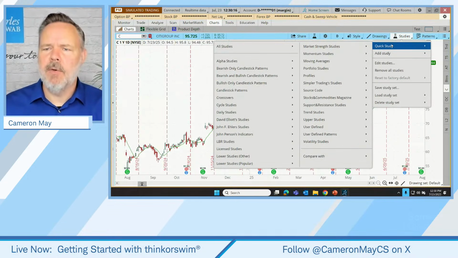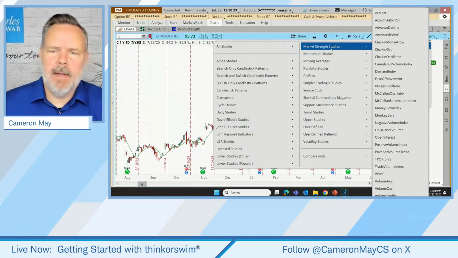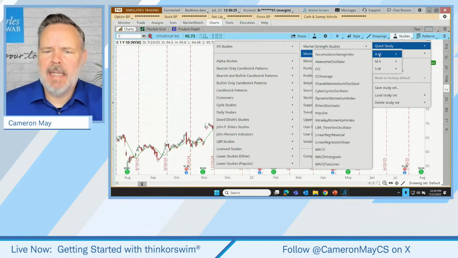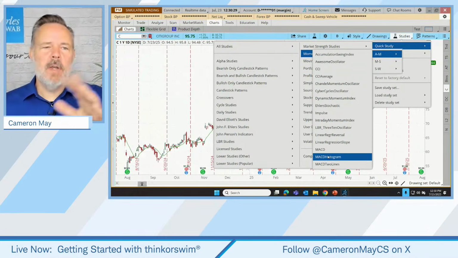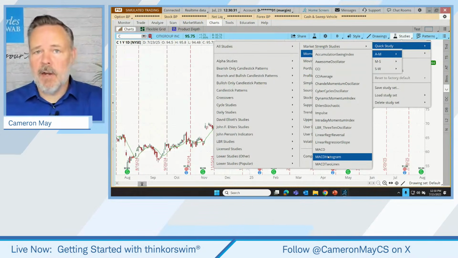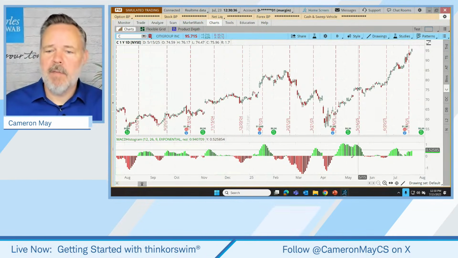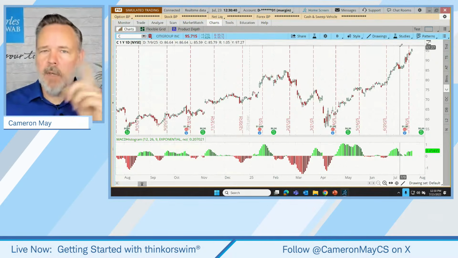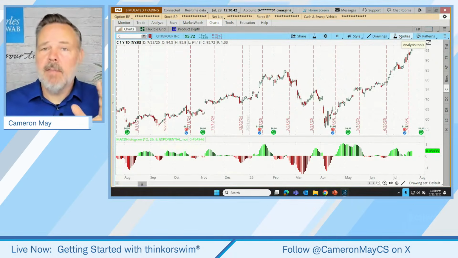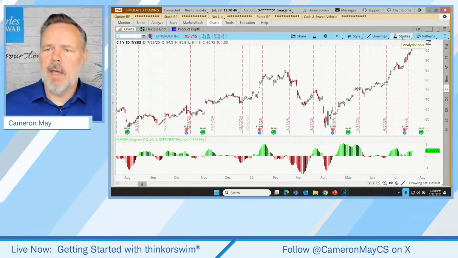When using this menu, if I were to select a different study, so how about we use, I don't know, a momentum study. Let's go back to our MACD histogram that we had before. This is actually going to remove the study that's already on the chart and replace it. So we no longer have our simple moving average, but we have our MACD. So we can quickly add studies, but only one at a time. And that's the way some traders prefer it. They don't want their chart to be cluttered. They just want to look at one thing at a time.